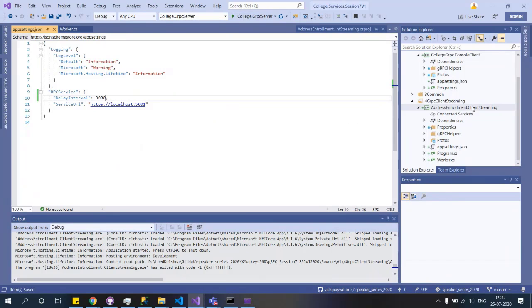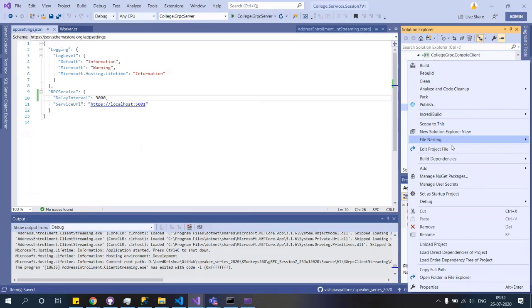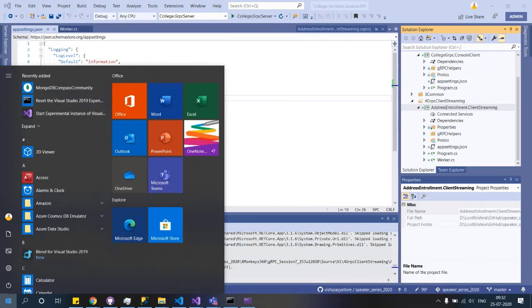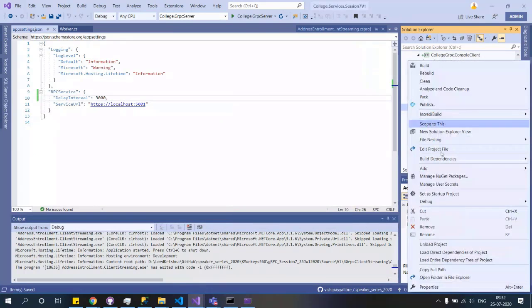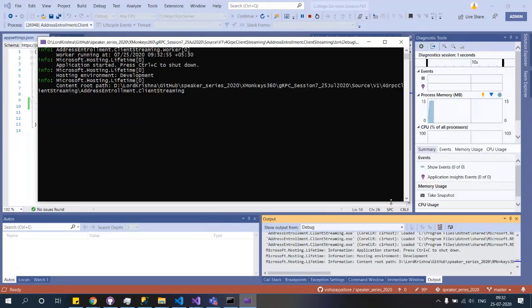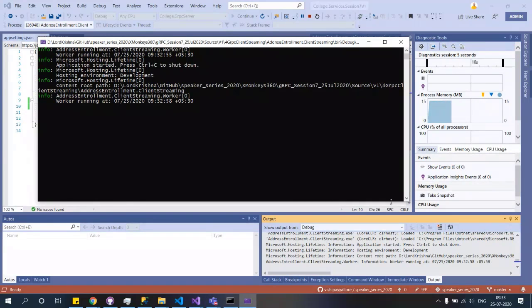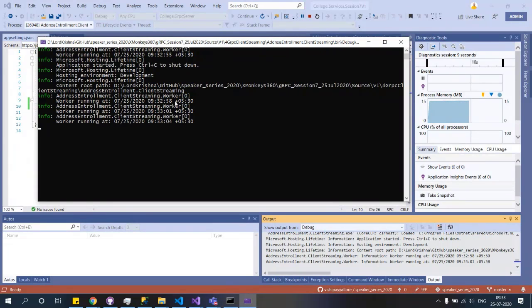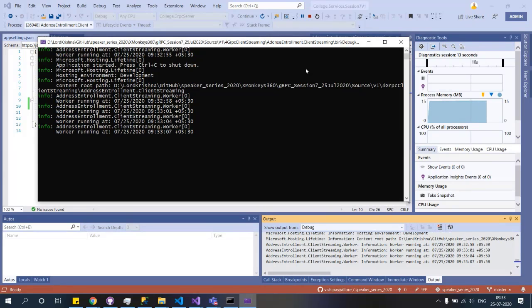I will re-execute it again. That was the reason I didn't see it getting kicked in. Now you see this, it kicks in every 3 seconds. 58, 1, 4, 7. Okay.